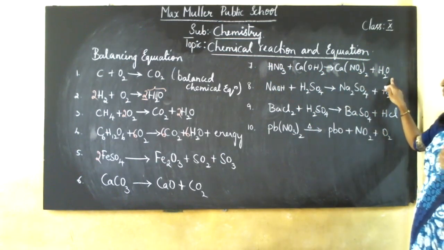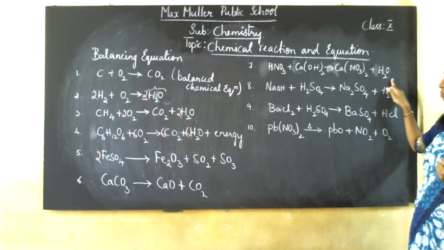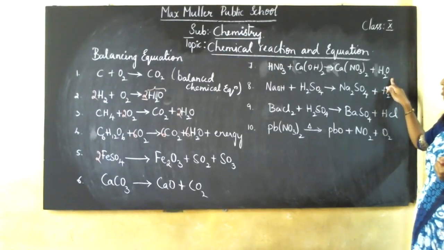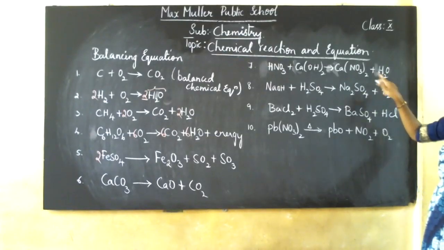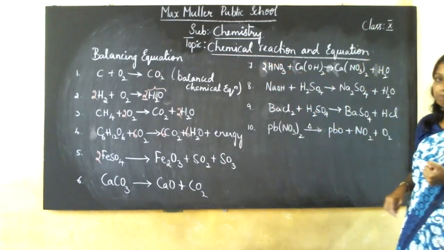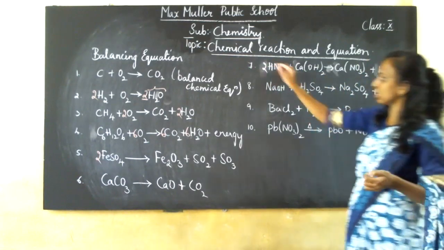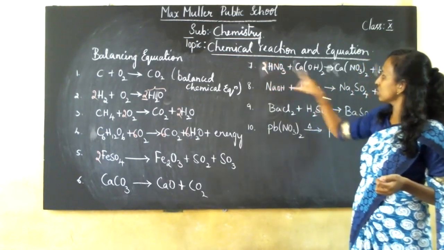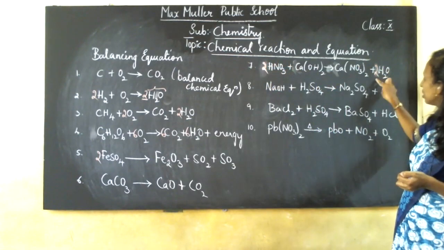So always whatever the mass we have, it should be in the even number. It can be in your odd number. So hydrogen is 2 here. So here it is 3. Let me take 2 here. Hydrogen became 4. Hydrogen is 4 now. So if I take here 2, it is 4.